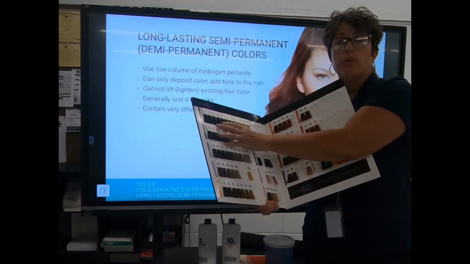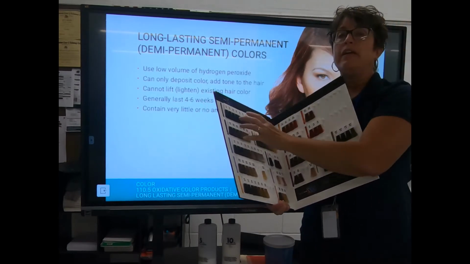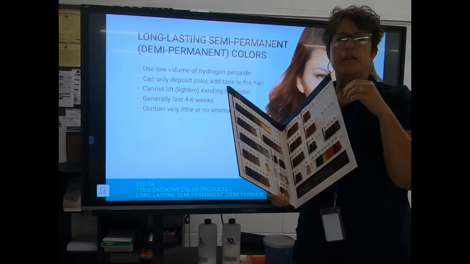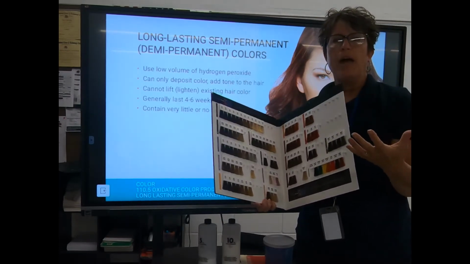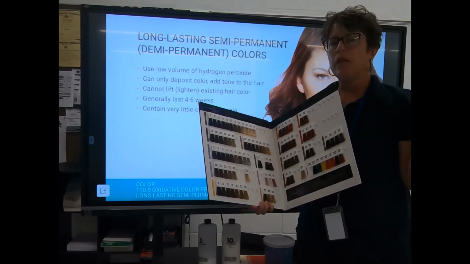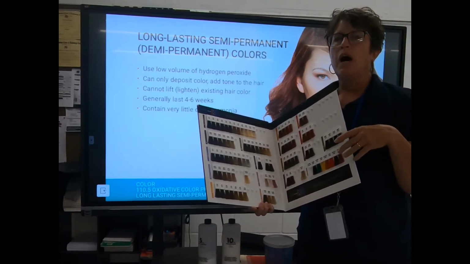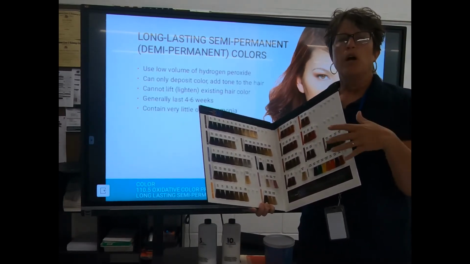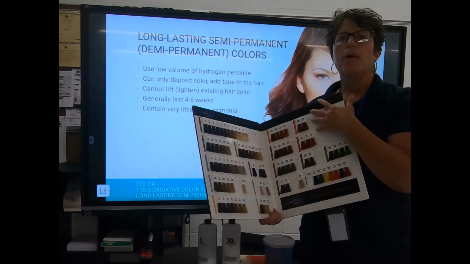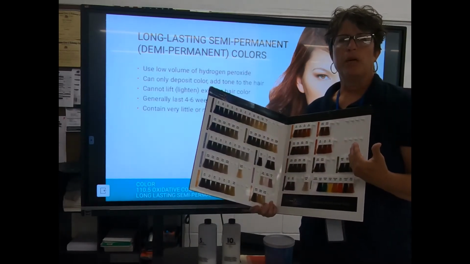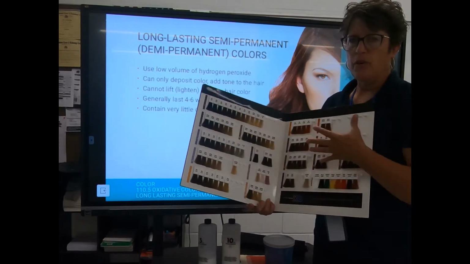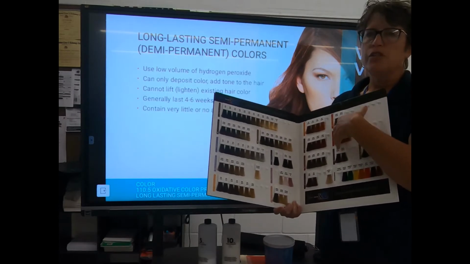I need to get it done again. You can go ahead and use the permanent color and do my regrowth, and then you can use the same color in demi and you can just refresh my ends that have faded. Okay, it's better to do it that way. You'll get a shinier, healthier looking result than pulling the color through. Sometimes you have to pull the color through, and a lot of times what we'll do is a soap cap where we dilute it with shampoo before we put it on the hair, but they've created demi-permanent colors that will do the same thing. Now, they don't have every demi-permanent color that we have on here,